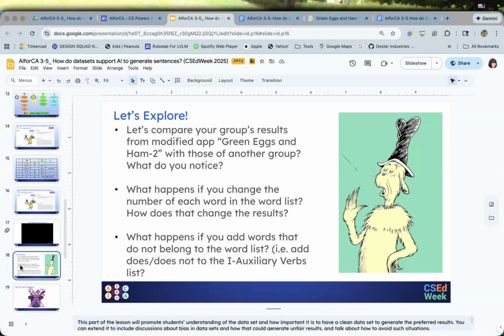And then the third one is, what about if we mixed up words that don't belong to that list, the data set? For example, you can add something that you can't eat in the object list, if there are a lot of them, and then eventually there will be a sentence that could say